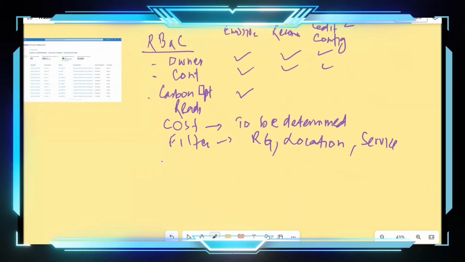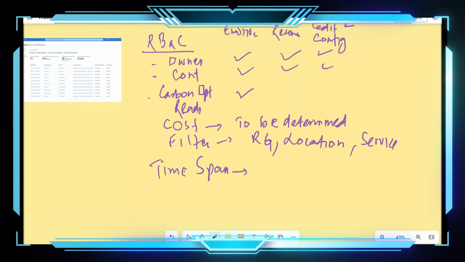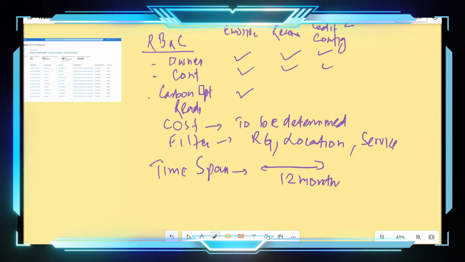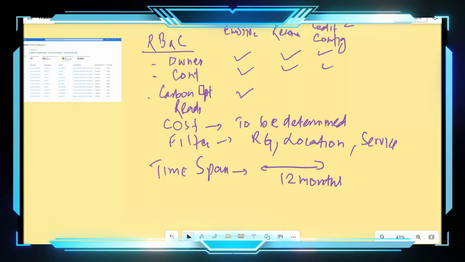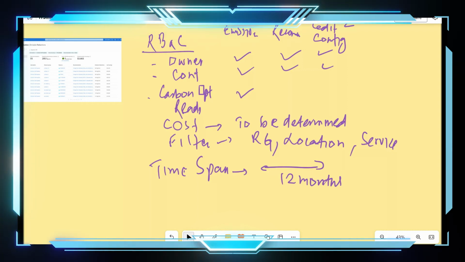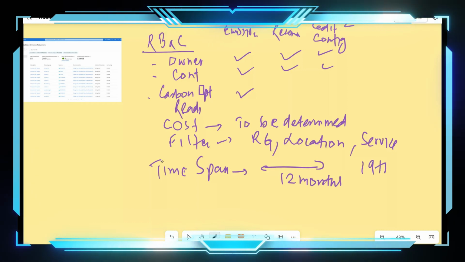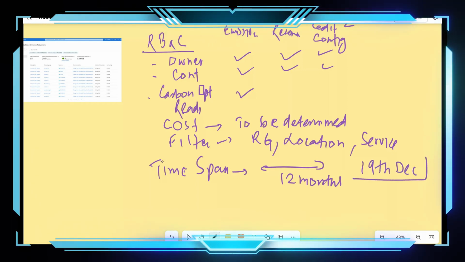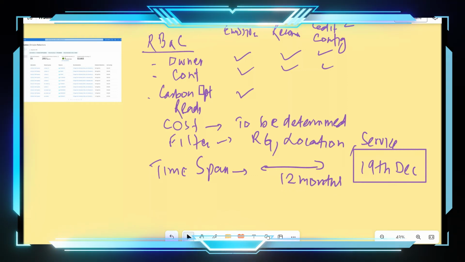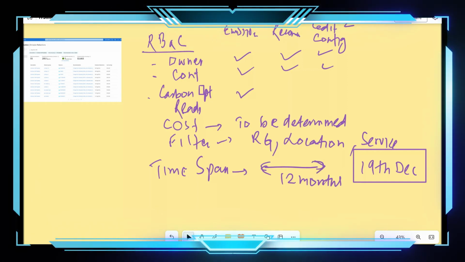Now, when you look at the time span, you can go all the way up to 12 months back and see how you have been performing from the emission perspective in the last 12 months. For example, I'm right now in November of 2024. I will see this month's emission on the 19th of next month. So it will be the 19th of December in my case, so it's a 1 month delay. But you can see your carbon footprint for the last 12 months, and based on that, obviously, it will have